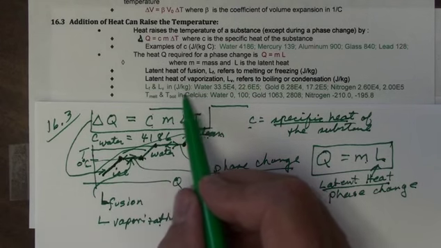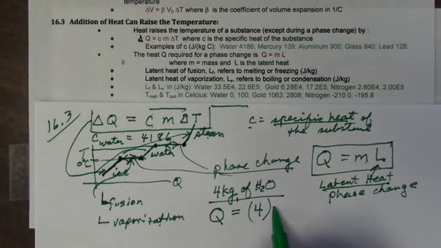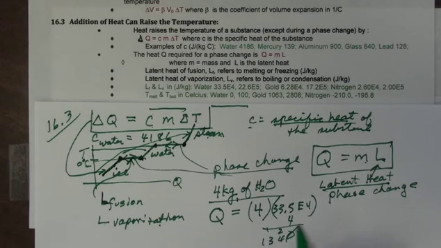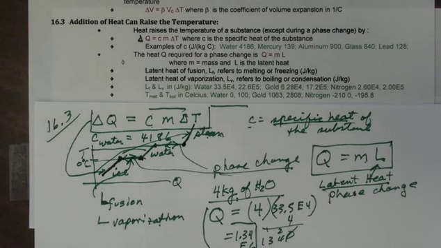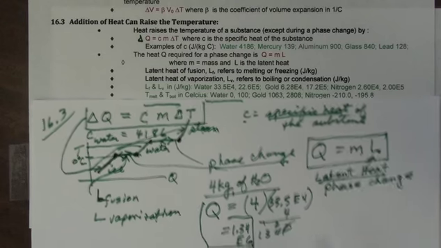The latent heat of fusion for water is 33.5 e to the fourth. And so it would require 4 times that. 4 times 5 is 20, 4 times 3 is 12, 14, plus 2 is 13 and we have 1 decimal place, so it's 134 e to the fourth. So it's going to be 1.34 times e to the 6. And that would be how much heat we'd need in order to take that 4 kilograms of water and convert it from ice into